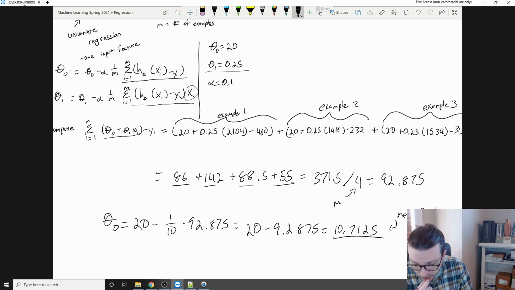Is that the percentage of error? So we are 92% incorrect with these theta values. No, that is not the percentage of error. Because, well, it's not a percentage. This is actually the raw, you can think